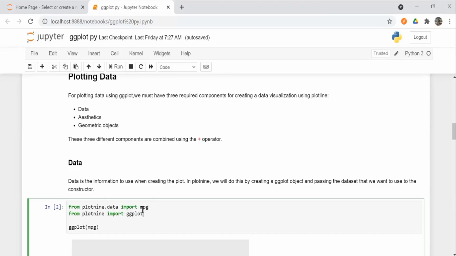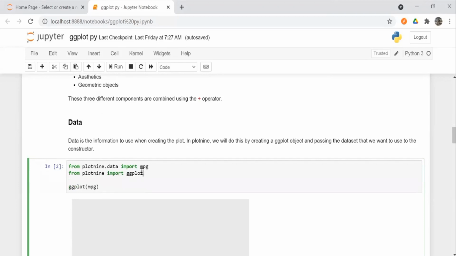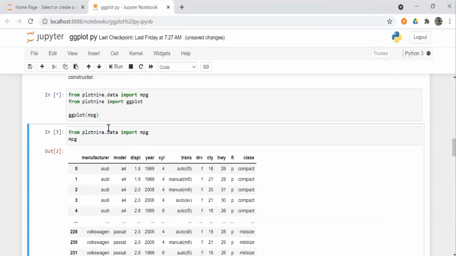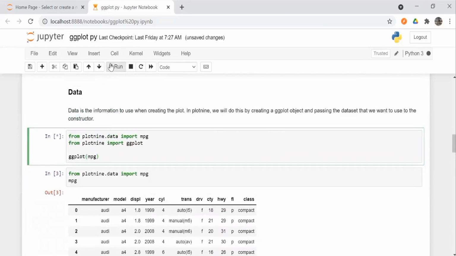After that we use ggplot(mpg), which creates a plot of the mpg dataset.